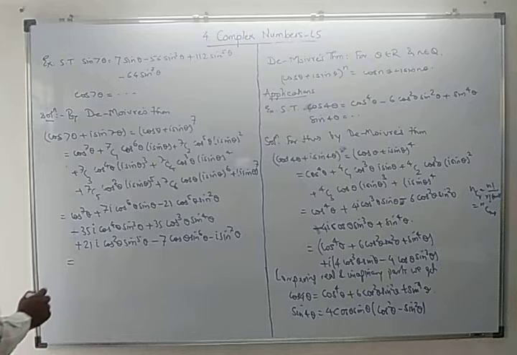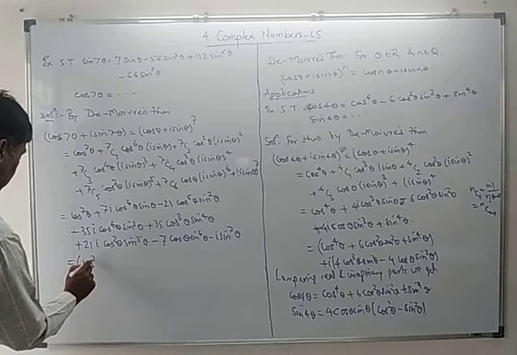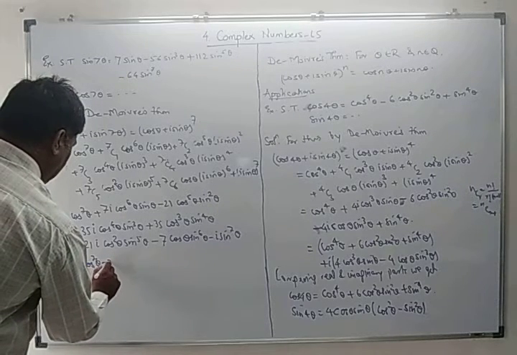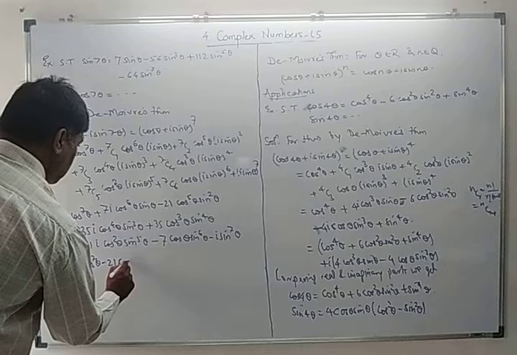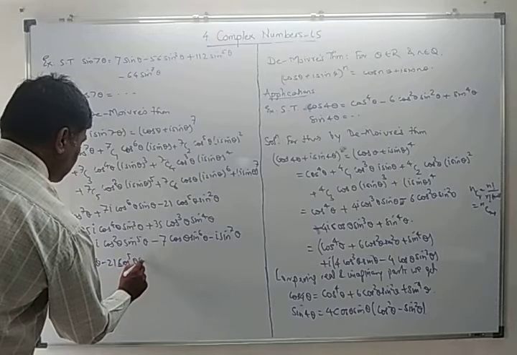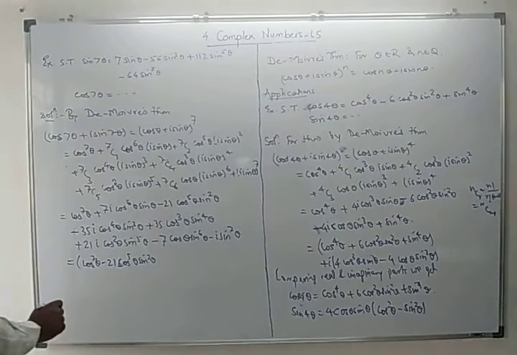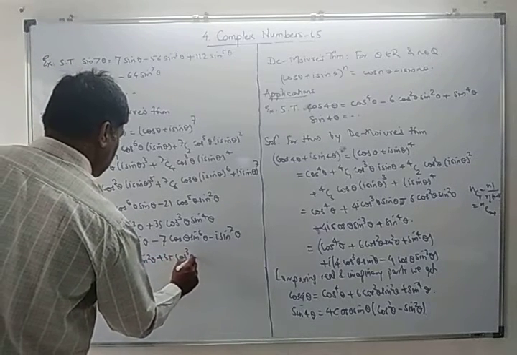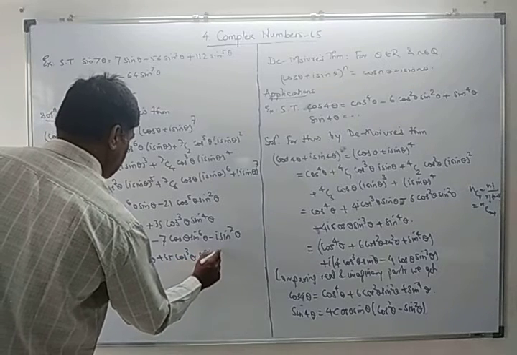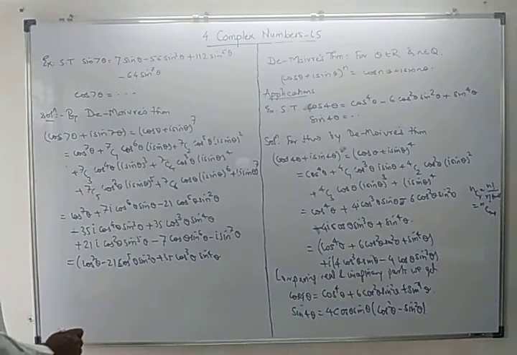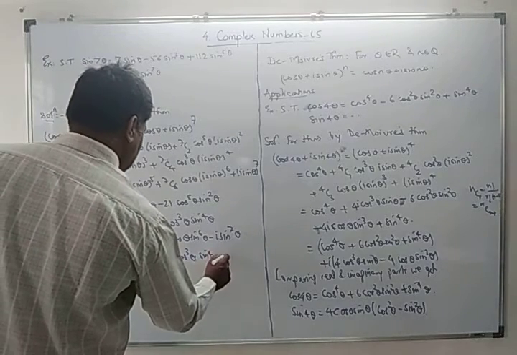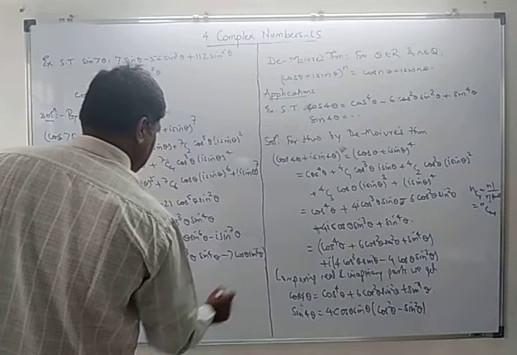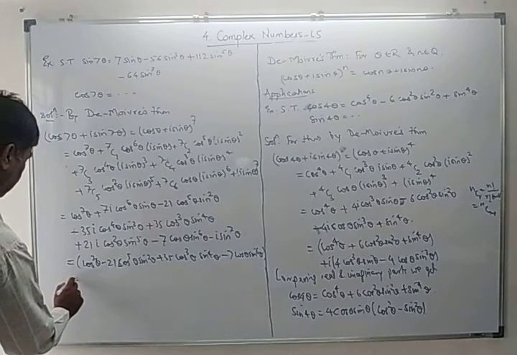This is equal to cos raised to 7 theta minus 21 times cos raised to 5 theta sin square theta plus 35 times cos cube theta sin raised to 4 theta and minus 7 times cos theta sin raised to 6 theta plus i times